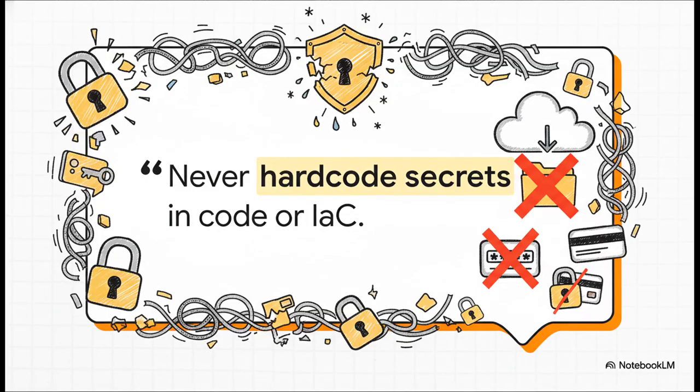And speaking of code, let's talk about a golden rule. I honestly cannot say this emphatically enough. Never, ever, ever commit secrets like API keys or passwords or credentials directly into your source code repository. It is one of the most common and most devastating ways that credentials get leaked.